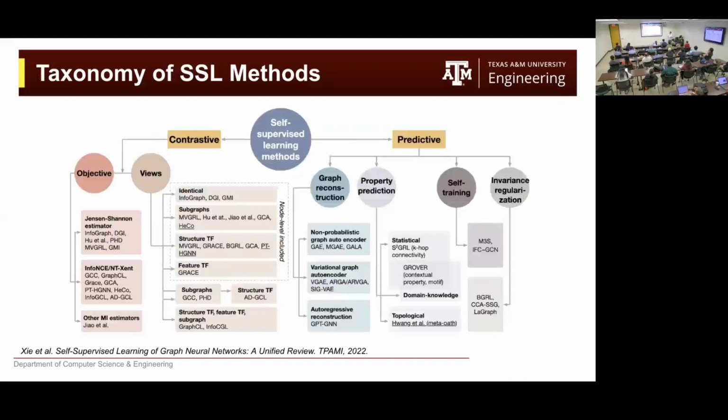So here's an overview of all existing self-supervised learning methods on graphs. Basically, we consider two categories: the contrastive ones and the predictive ones. For contrastive ones, a specific method can be determined as long as we specify what objective it uses and what view generation method we are using. And for the predictive methods, we further categorize them into like 4